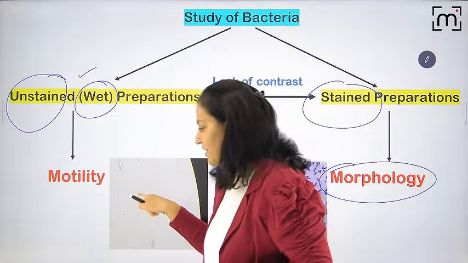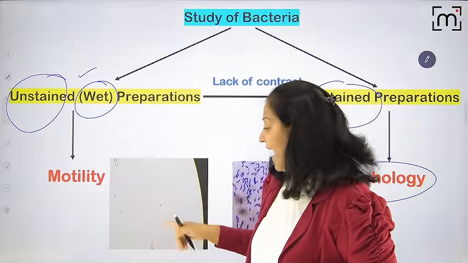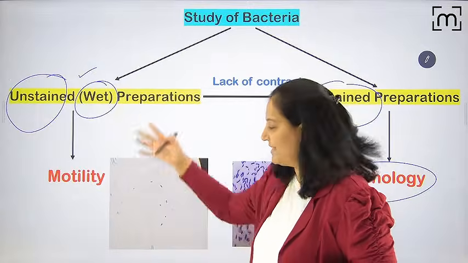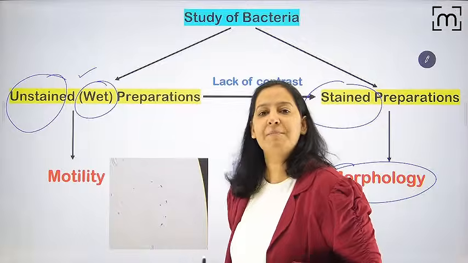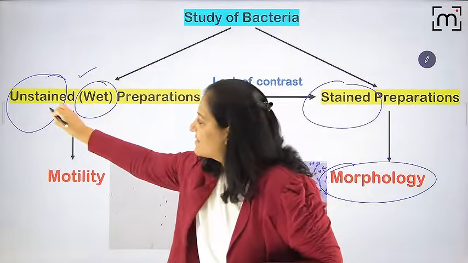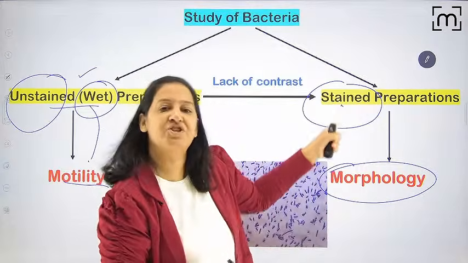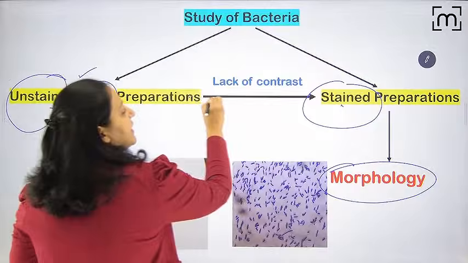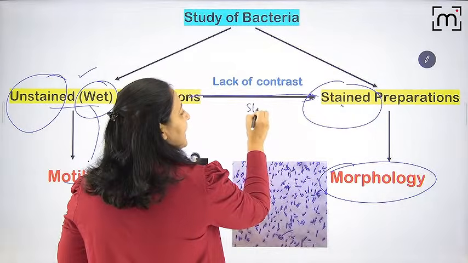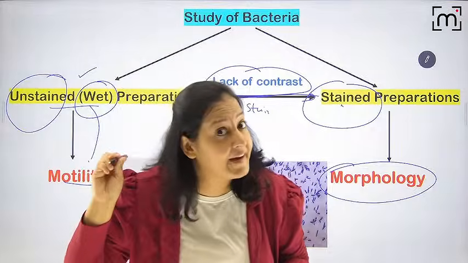But you can see something transparent is moving on the transparent background. Can you see here? I have not stained it. I can see the bacteria are transparent. I can see the background is also transparent. I can see something transparent is moving on a transparent background. So if we use unstained preparation, we can see the motility. If we use the stained preparation, we see the morphology. And if I want to convert unstained to stained, we can do it with staining. And staining is necessary because of lack of contrast. So many MCQs are hidden on this page.